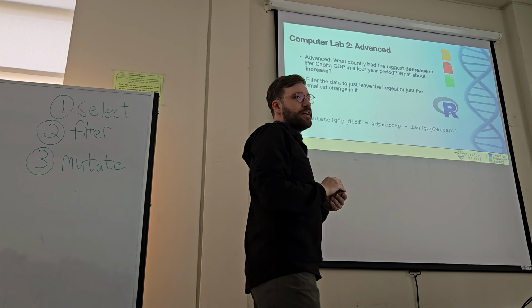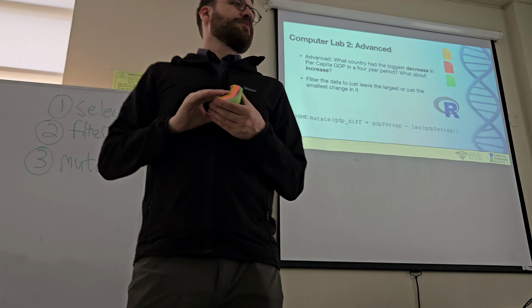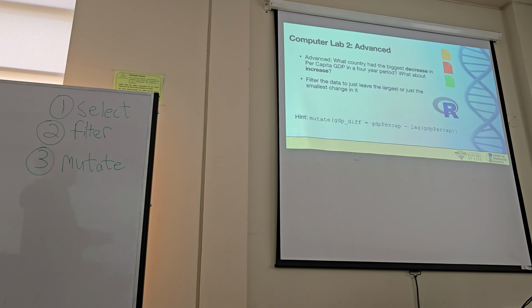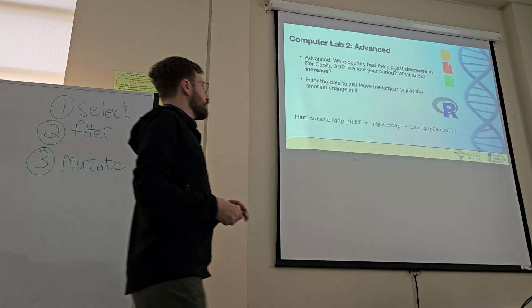Okay, so original Gapminder data set, none of the ones we've already made. See if you can find which country had the biggest decrease in per capita GDP from one year to the next, or the biggest increase, okay? So what the function you're gonna do